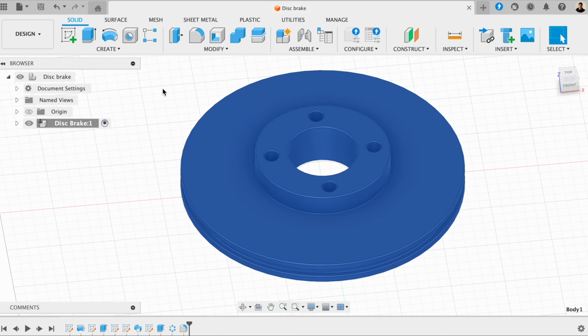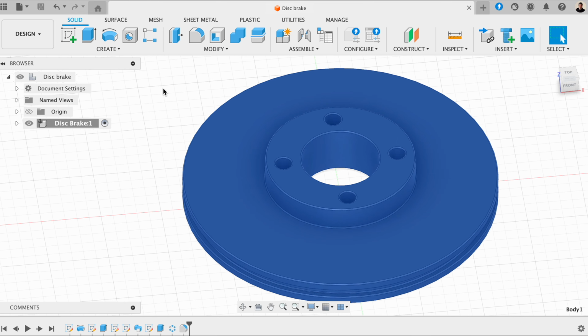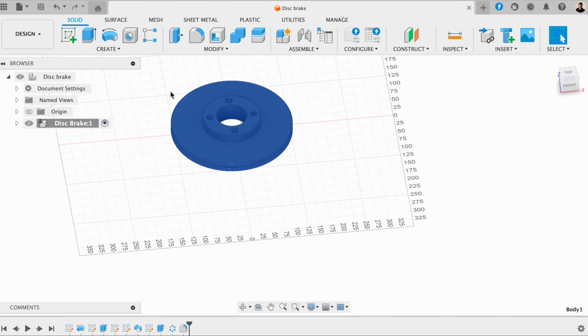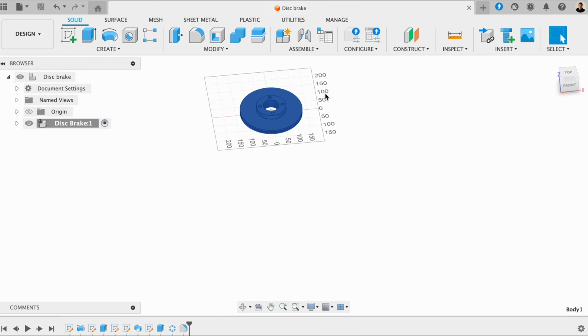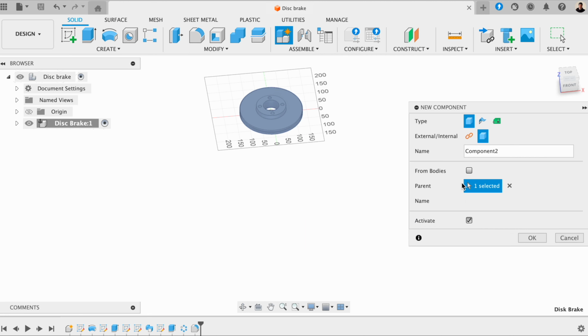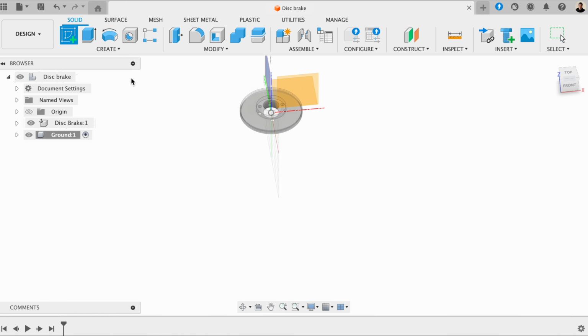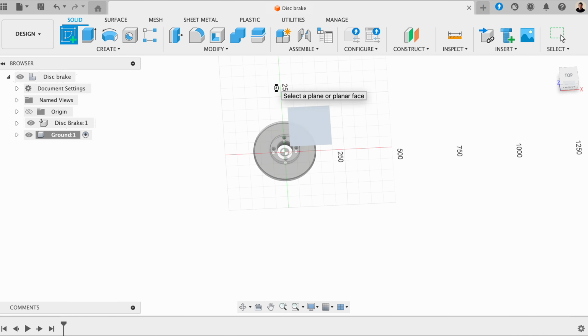And then, for the rendering process, I'm actually going to draw a ground plane, because this is going to make things look much more realistic when we do the rendering. So I'm going to zoom right out for this, and I'm going to come back here and click on Disc Brake. So that's got the whole assembly in there. And then, from there, I want to click on a new component, and I want to call this one Ground. And I want to click on OK. So once I've called that ground, I just want to draw on the ground plane here. So if I click on that,